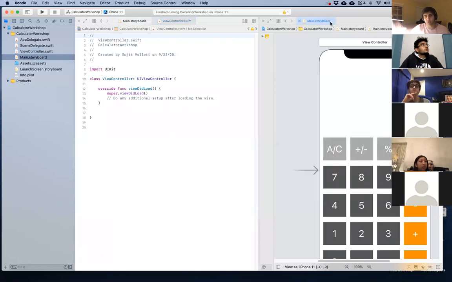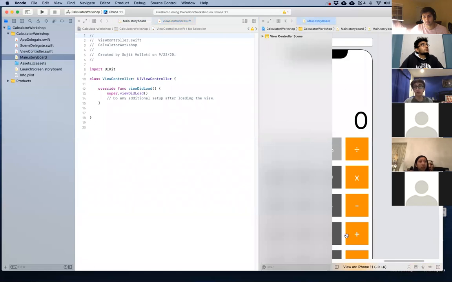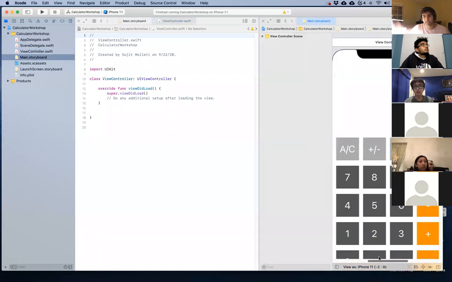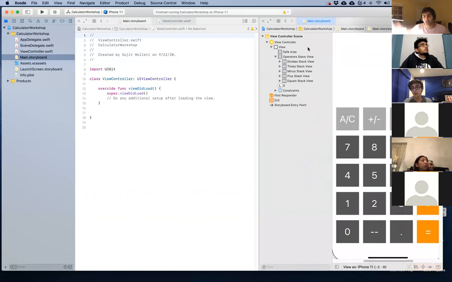So now click here again. Click on the storyboard. Go down here if it's closed. Open your hierarchy. Okay, I think everything closed up. So if it's closed up for you, like it has for mine, hit the triangle, hit the other triangle, hit this triangle, open up the operator stack view. And now what we're going to be doing is connecting the